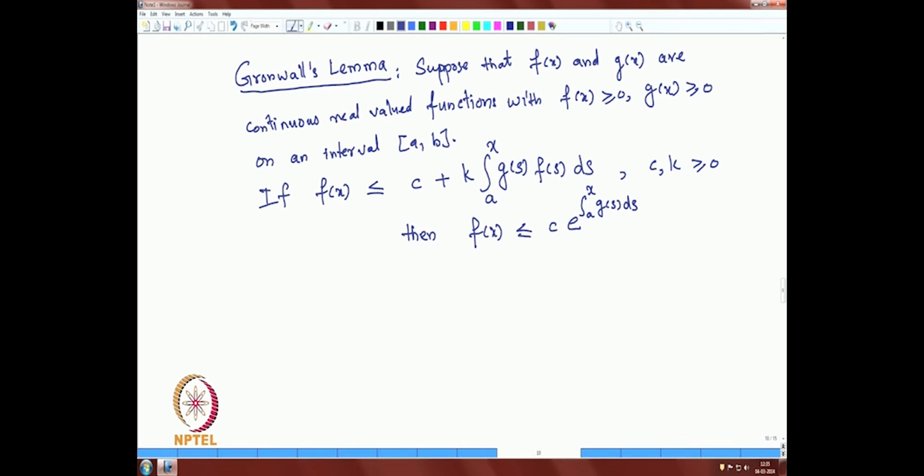So, this inequality is known as Gronwall's inequality. If f(x) is less than or equal to c plus k times the integral from a to x of g(s) f(s) ds, then f(x) has to be bounded by c times e to the power integral a to x of g(s) ds. In the first inequality, f(x) is there on both sides, left hand side and right hand side, and the conclusion is that f(x) can be bounded by a function which is independent of f. The proof of this inequality